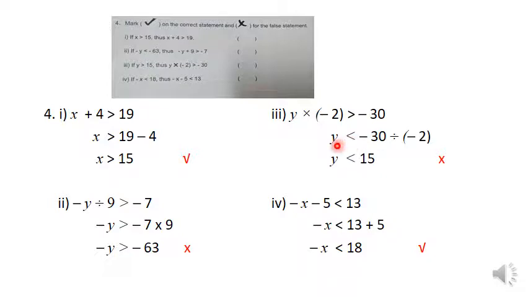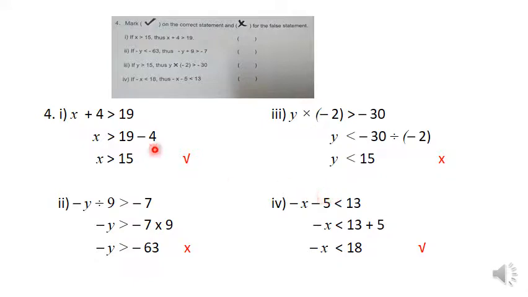So continue, y comes y, less than also same, but this one the answer is 30 divide 2, 15. Negative, negative same, so becomes positive. Positive, no need to write. Look at your answer. Y is less than 15. Is it same as the given one? Y is greater than 15. Different. So this statement is wrong. So you write, you cross.